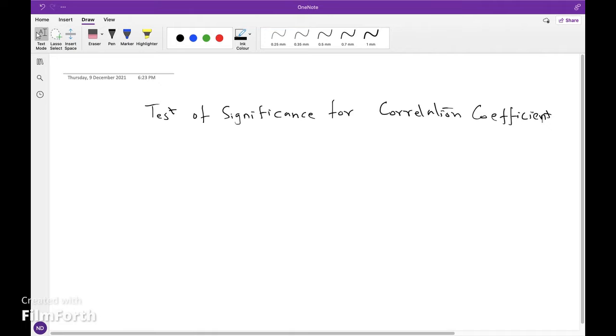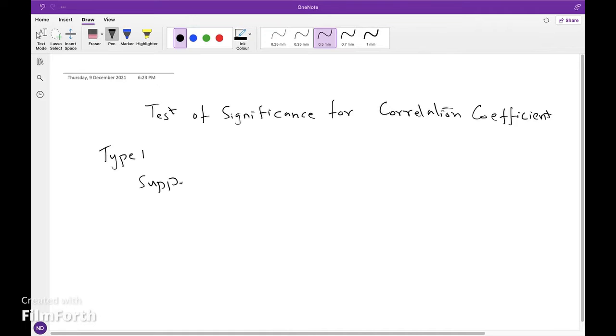Here, we want to test whether the population correlation coefficient is 0, that is, the population is not correlated. So here, three types of tests. Type 1,